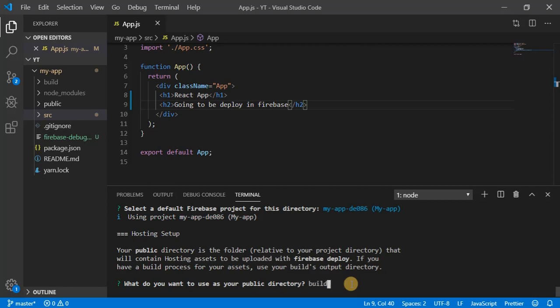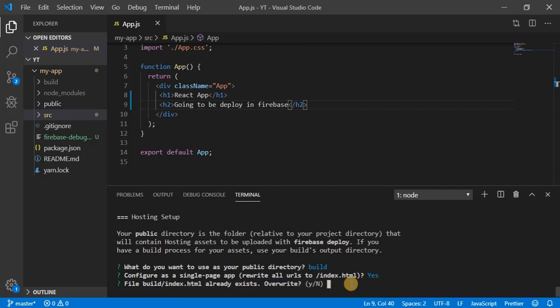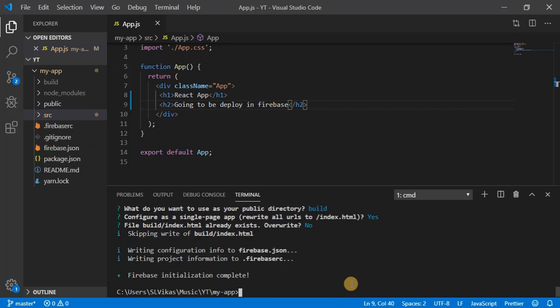So give build. Configure as a single page application? Yes. File build/index.html already exists, overwrite? So if you say yes here, it will create its own index file. We don't want that, so click no, and initialization is done.